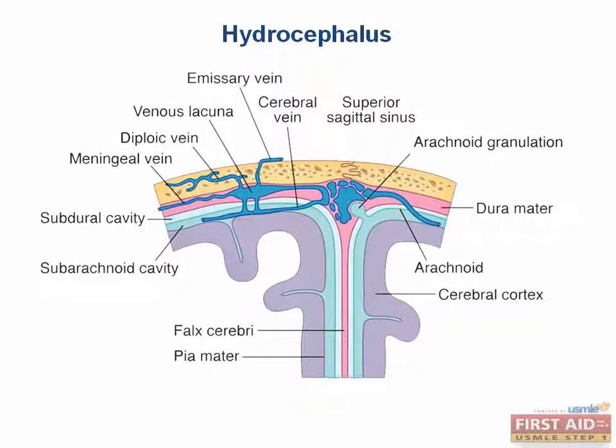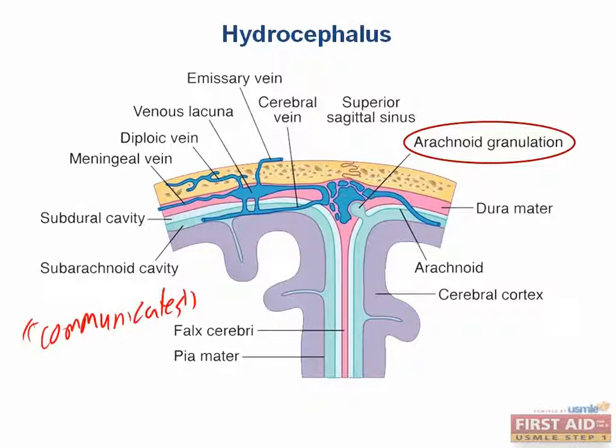Communicating hydrocephalus is caused by impaired CSF resorption at the arachnoid granulations, or excessive CSF production. There is no obstruction within the ventricular system itself, hence everything communicates. This will often lead to an increase in intracranial pressure that can manifest as papilledema or herniation. One way this could show up on the test is in the clinical scenario of a patient that has recently recovered from meningitis. This is because meningitis can lead to scarring of the arachnoid granulations, which would impair their ability